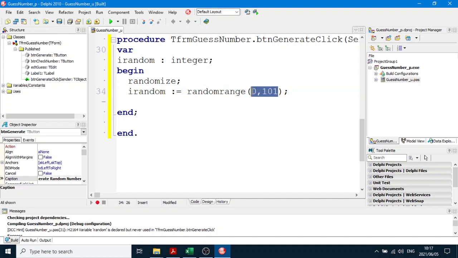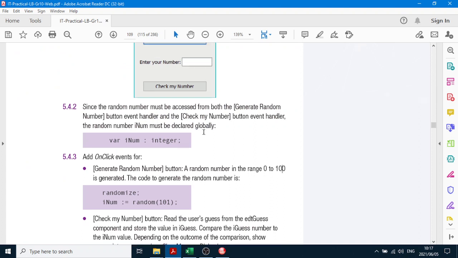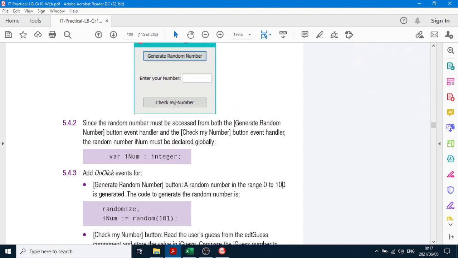We call this the parameter list. There's 2 integers there in the parameter list. So this processor will then get a random number from 0 to 100, put it into the integer variable called random. And now, there's a problem, because we are going to use the check my number button